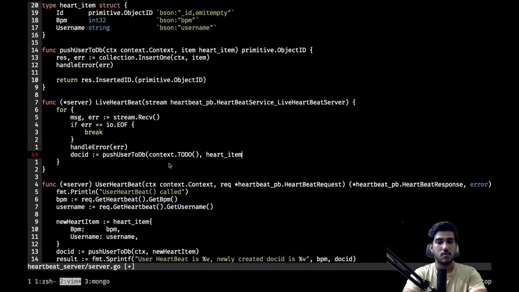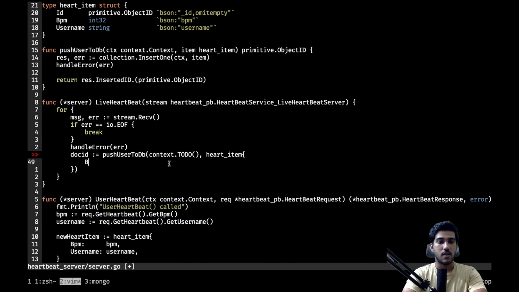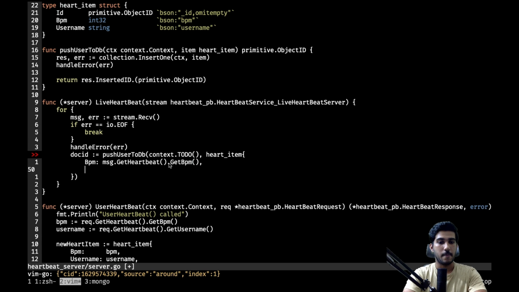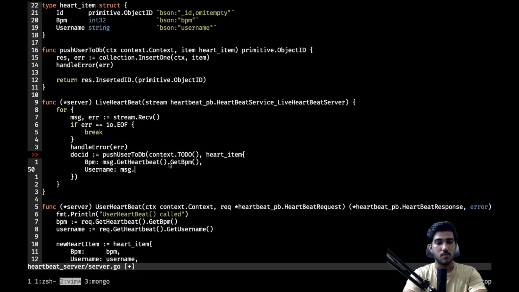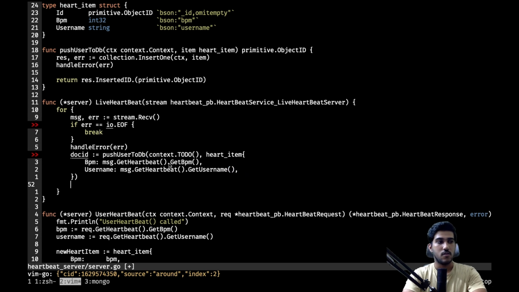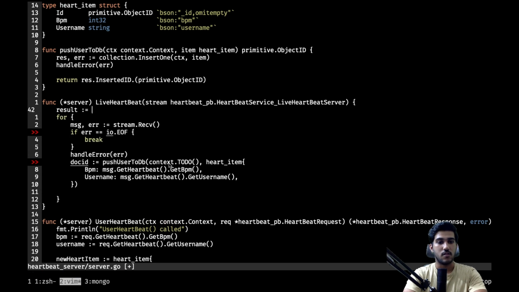There is no reference, so we'll be creating a new heart item that contains BPM, which is message.GetHeartbeat.GetBPM, and the username is going to be message.GetHeartbeat.GetUsername, and there's a comma here. And what I want to do is I want to have a string here. Result is an empty string,